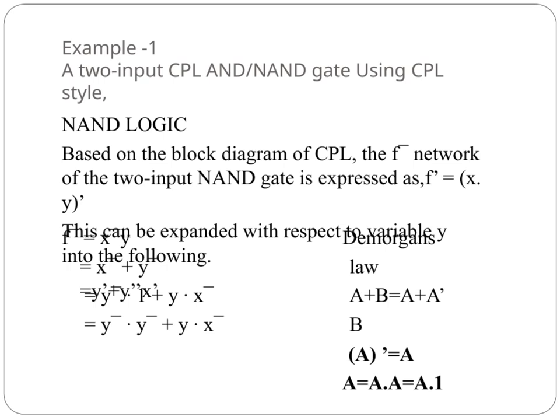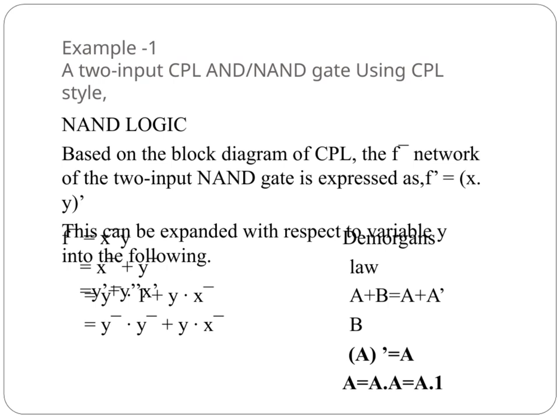Next, we apply further steps. F prime equals y complement multiplied by 1 plus y multiplied by x complement. This is simplified to y complement times y complement plus y times x complement. Lastly, we invoke De Morgan's law, which states that a plus b equals a plus a complement times b. This helps us understand the transformation and simplification in the NAND logic expression. The key takeaway is how CPL style uses these Boolean algebra expansions and laws to derive the logic function for